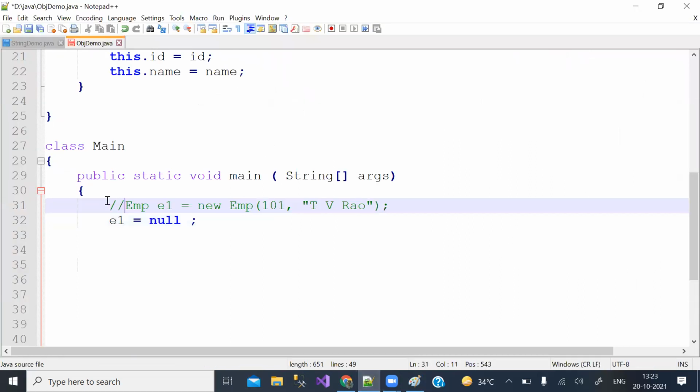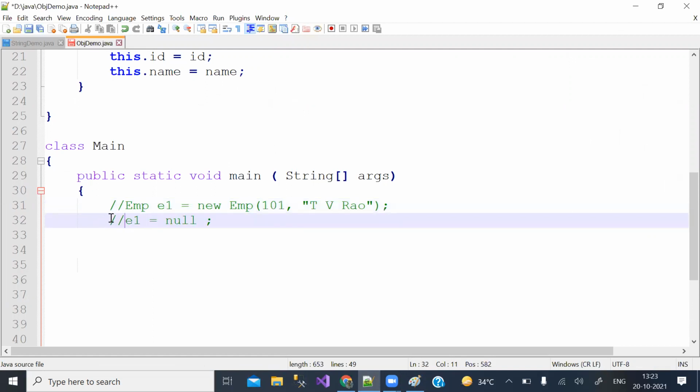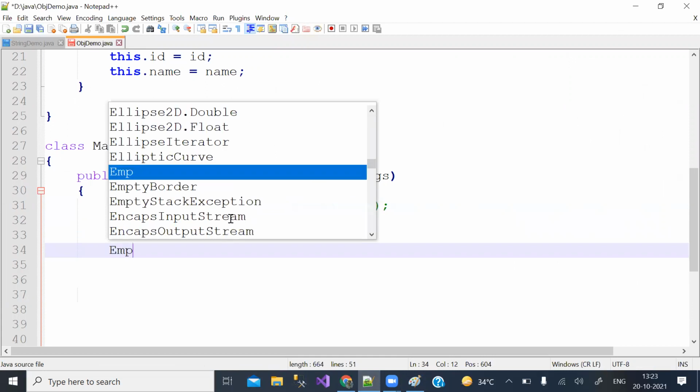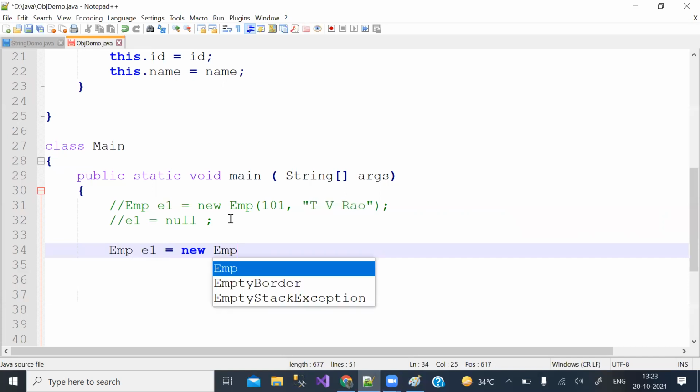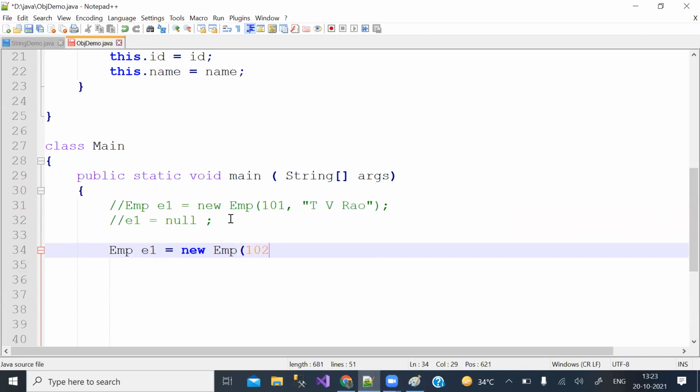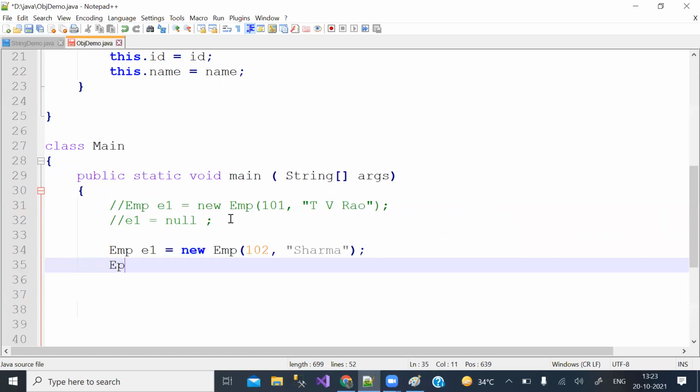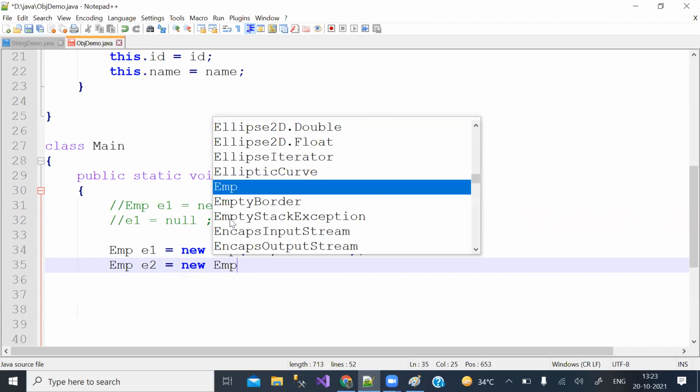So this is one example. Another example: there are two objects, E1 and E2. Two objects of EMP class whose references are E1 and E2.